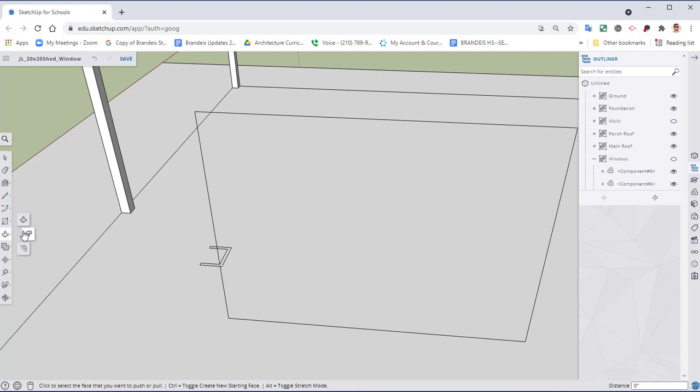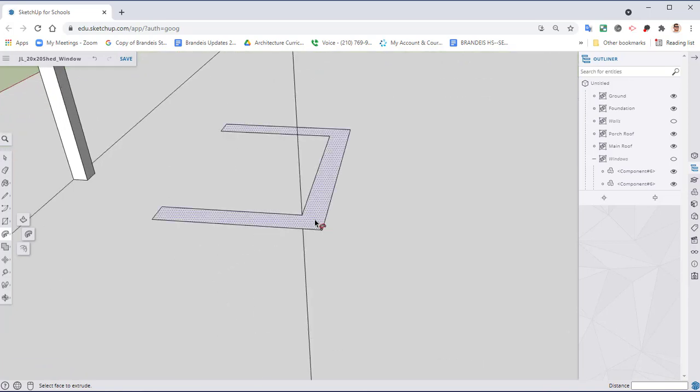Unfortunately with SketchUp for Schools, because we clicked on another tool, you'll need to make sure that you click on the follow me tool. I tend to forget. So find the follow me tool and click on it, or make sure that it is visible first instead of using the push pull tool. Go through here and reselect our lines. Select that follow me tool, zoom in, click on the shape,